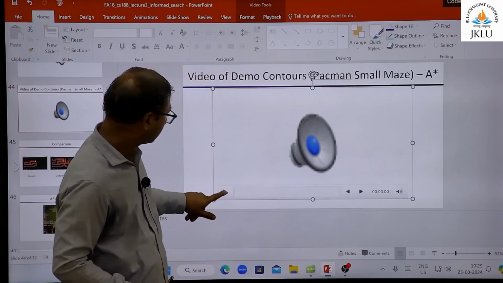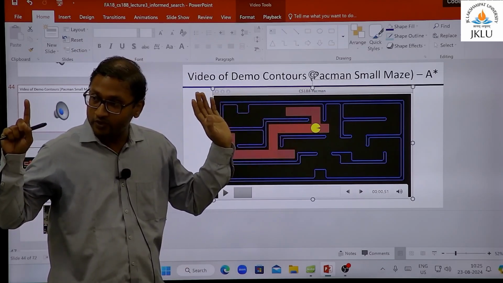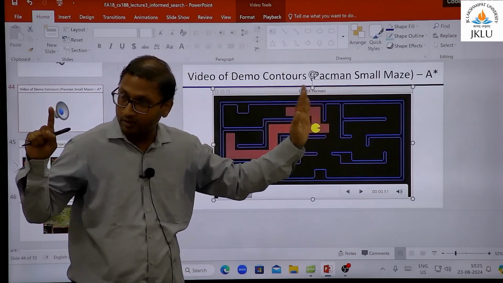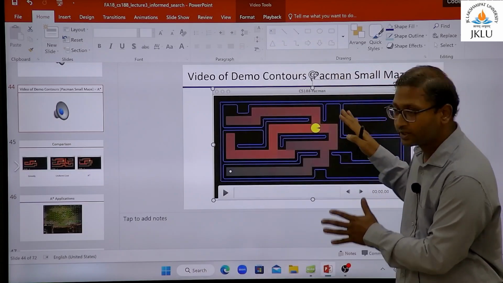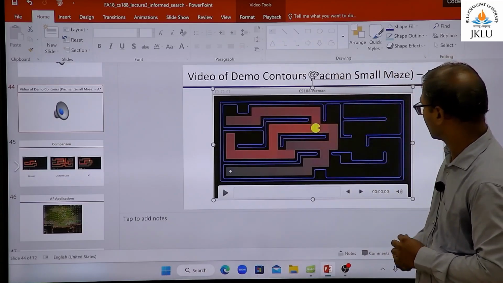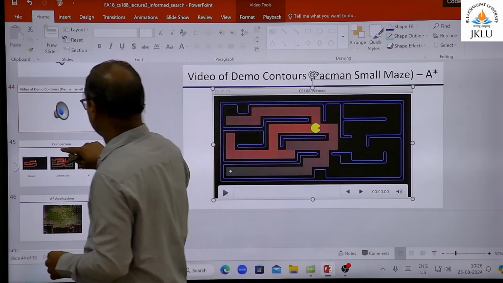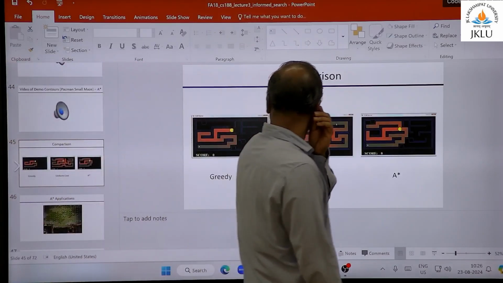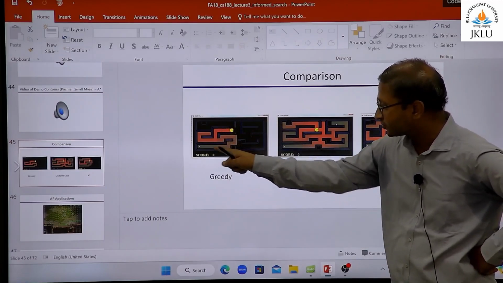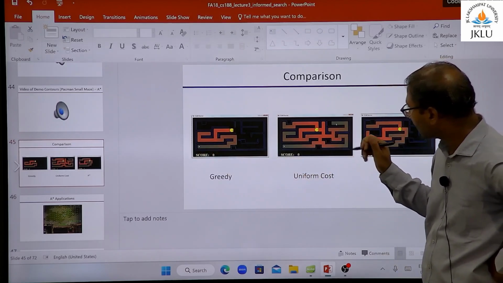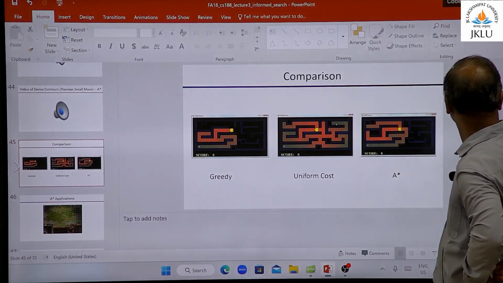And now, if you see in this case, what was happening earlier in case of UCS? The whole grid was explored. Right? So, your search space has reduced a lot. Almost half of the grid you are not even going. Okay? So, greedy, if you see, was much faster. UCS, if you see, I can see only this particular place that was not taken.